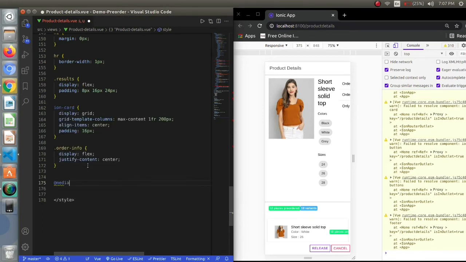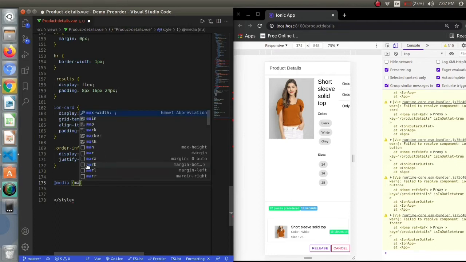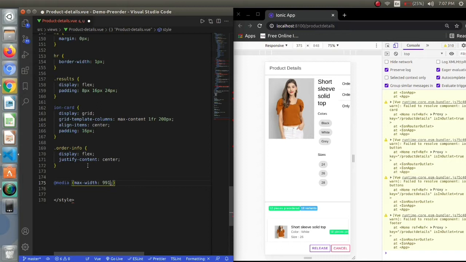I want the maximum width of 991 pixels, so I will set that, and I will start by creating the mobile view of my header portion first. So I will be using the header class inside this.